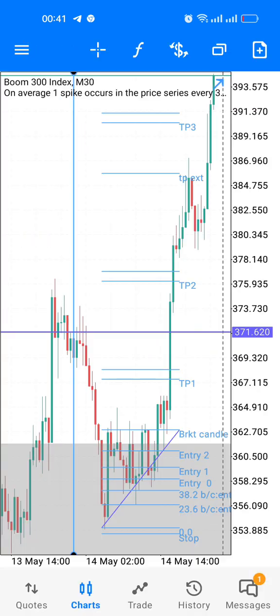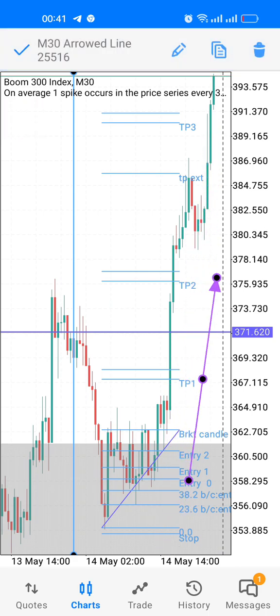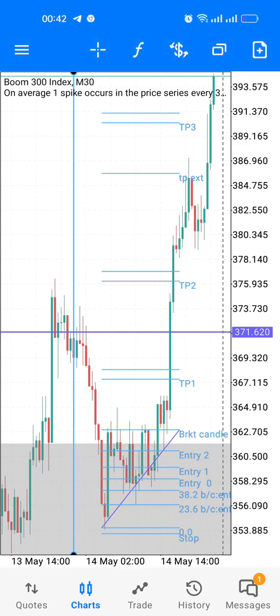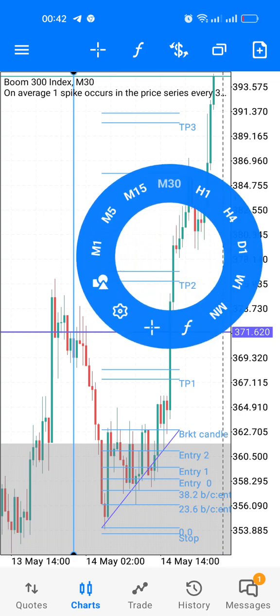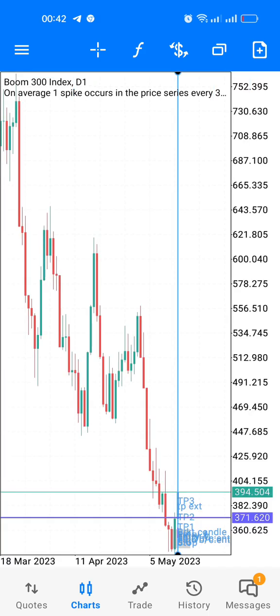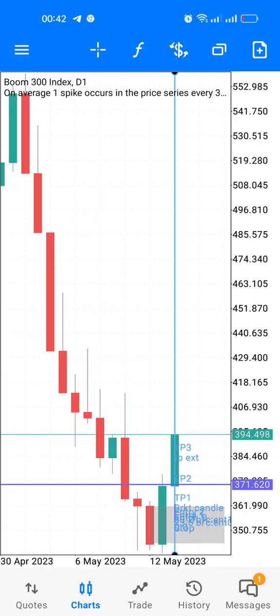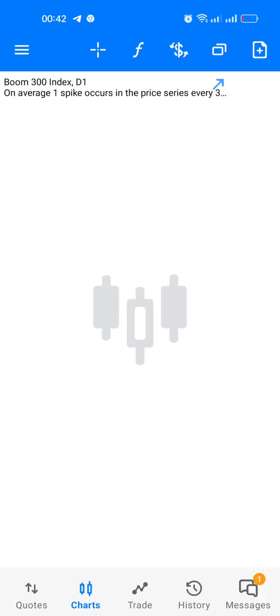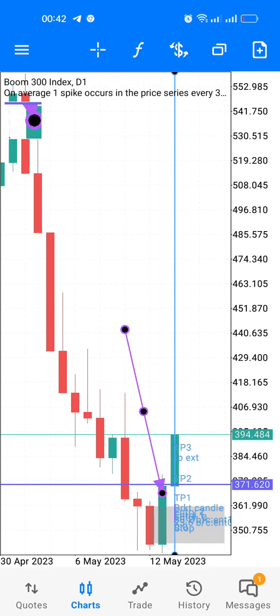Then I would have gone for TP2. I would have gotten out here. And if you are a little bit greedy, you could go for TP3. But basically that's how simple it is. Boom 300, Crash 300. D1, again D1, marked the base, buy,